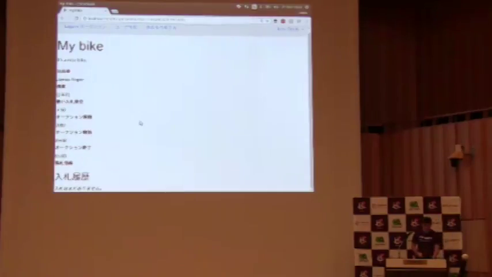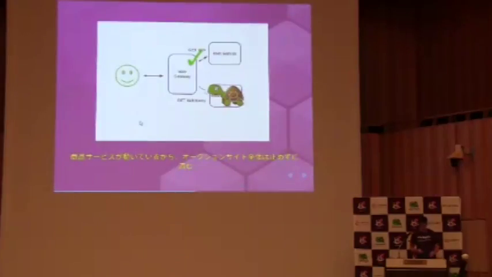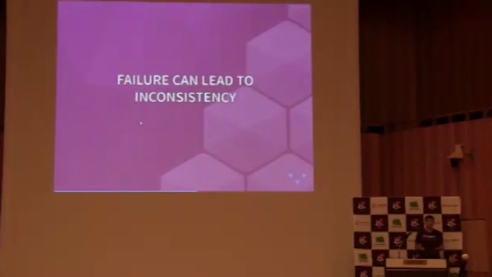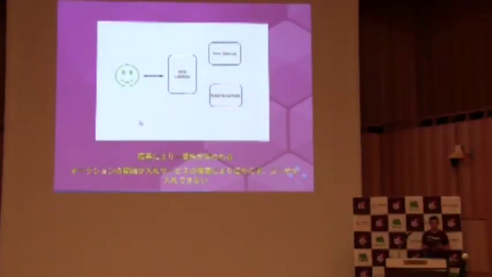Okay, so we've now seen how we can degrade, how we can protect our services when they're failing and degrade when things are not good. We're now going to look at something that's much worse, and that's inconsistency. So we saw before when you create an item, you can then start an auction. The way I've implemented this currently is the web gateway posts to the item service, start the auction. And then the item service has to tell the bidding service to start the auction.